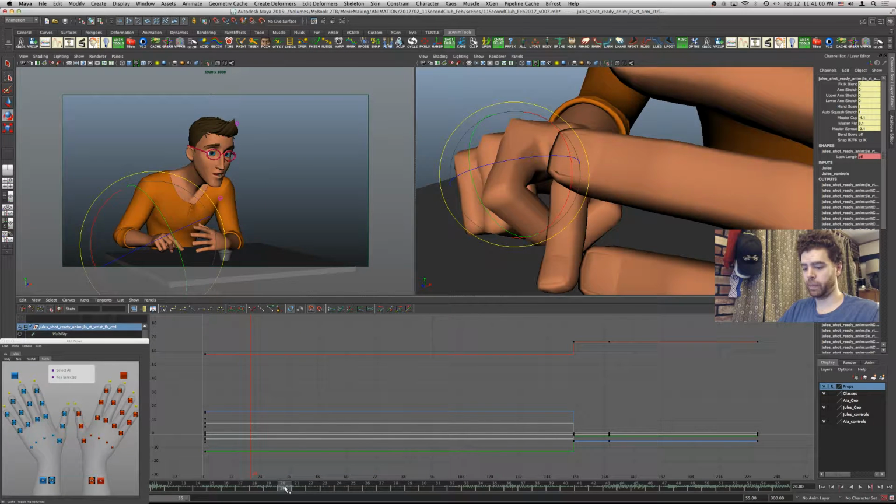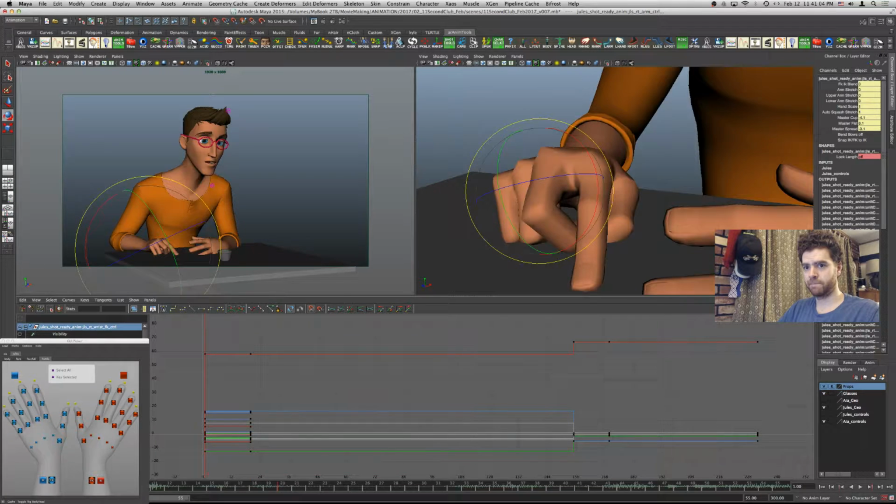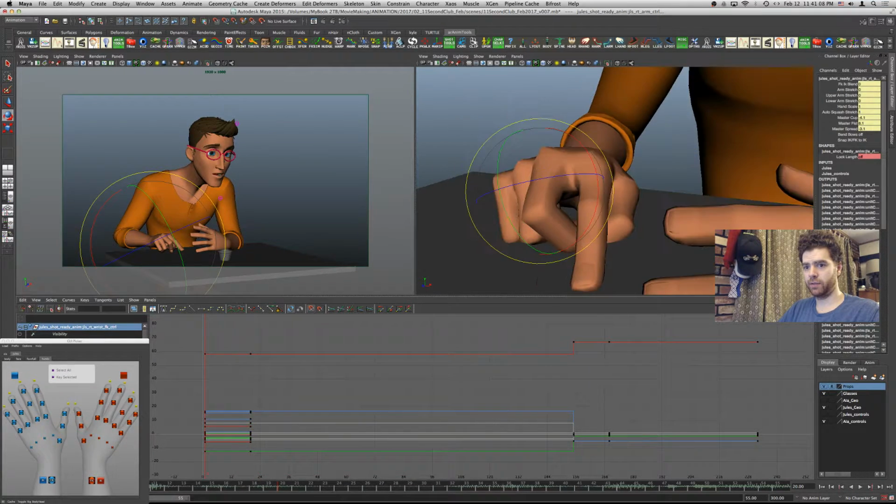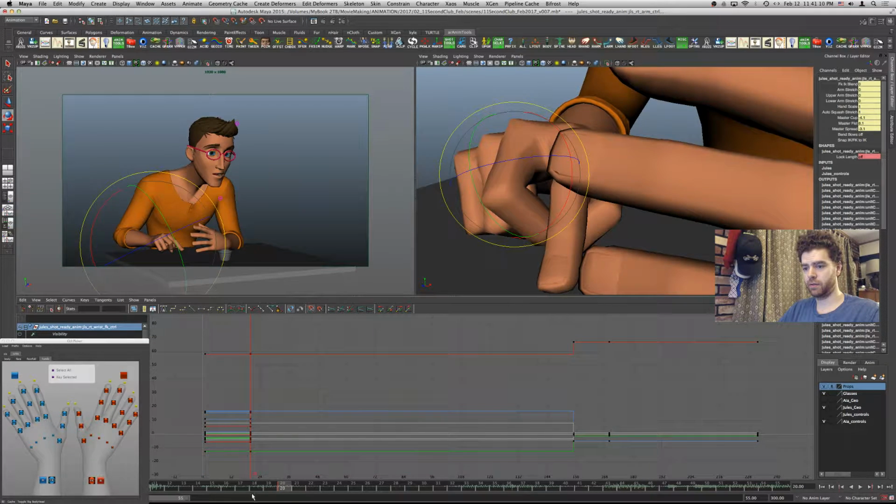Great. So this hand on the left, this should now be, let's see.